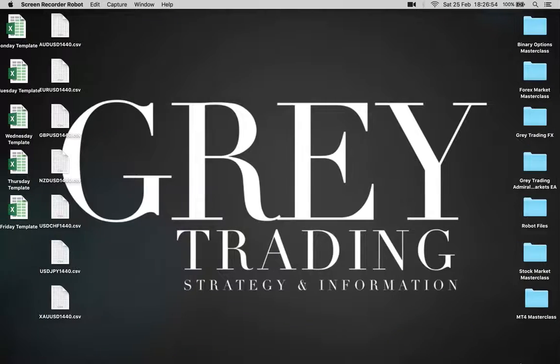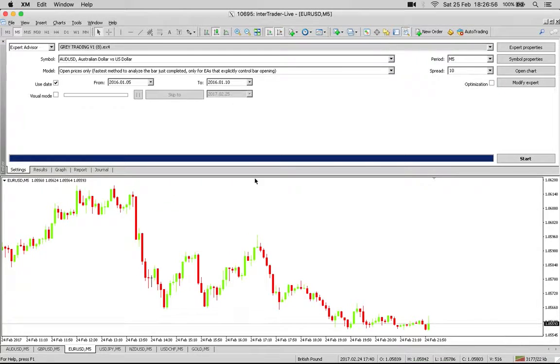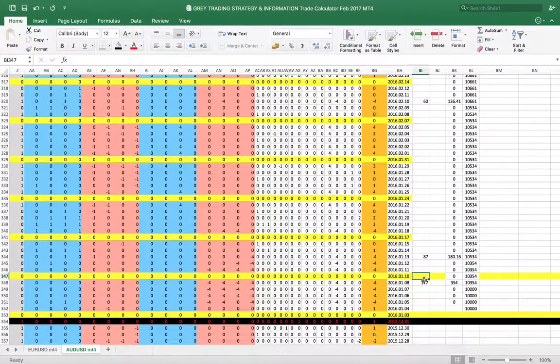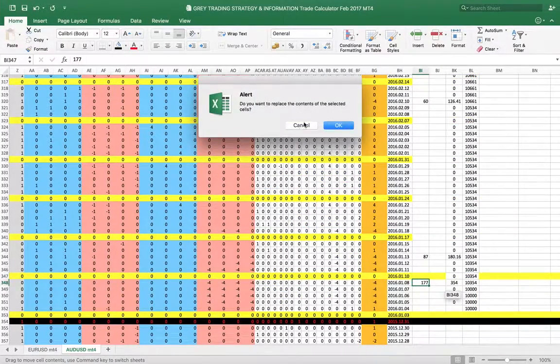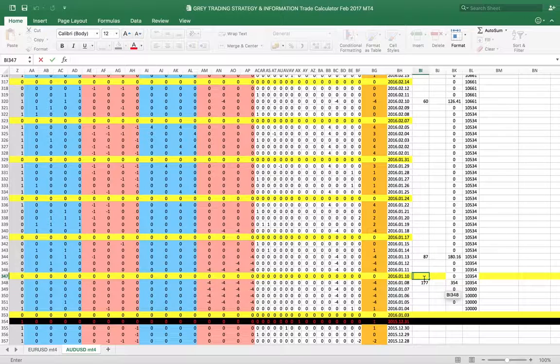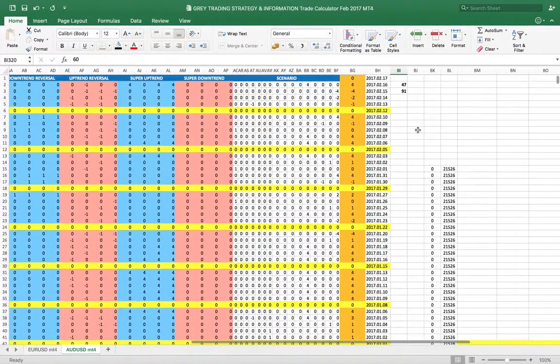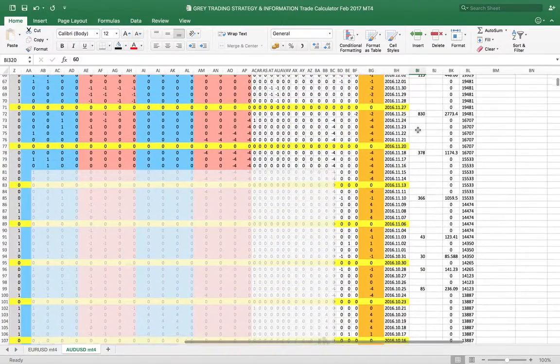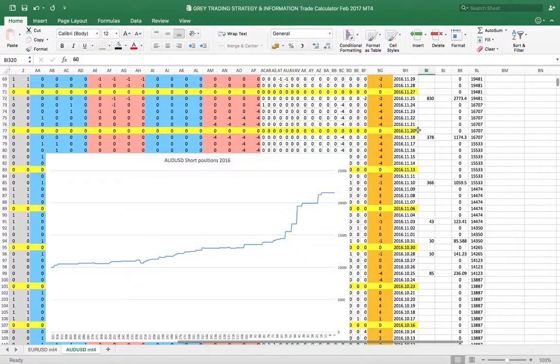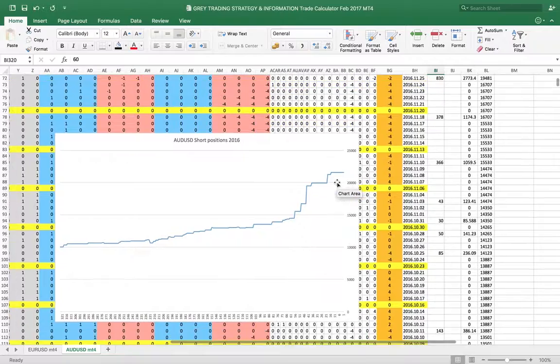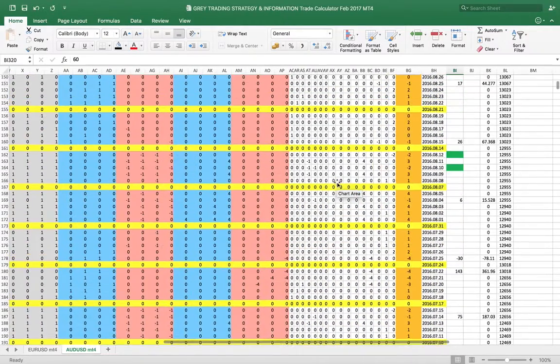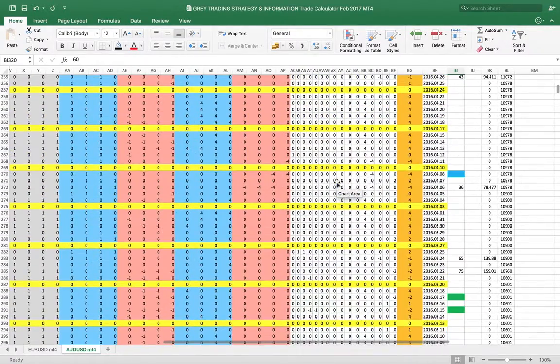Going to go back to the strategy tester now, and I've just run the AUD USD and it took around 4 minutes to complete this test. So each one of these numbers usually takes around 3 to 4 minutes to work out. So you can see that it takes a long time to process all of the information and generate a graph like that. It takes a hell of a long time. So we're going to go back,